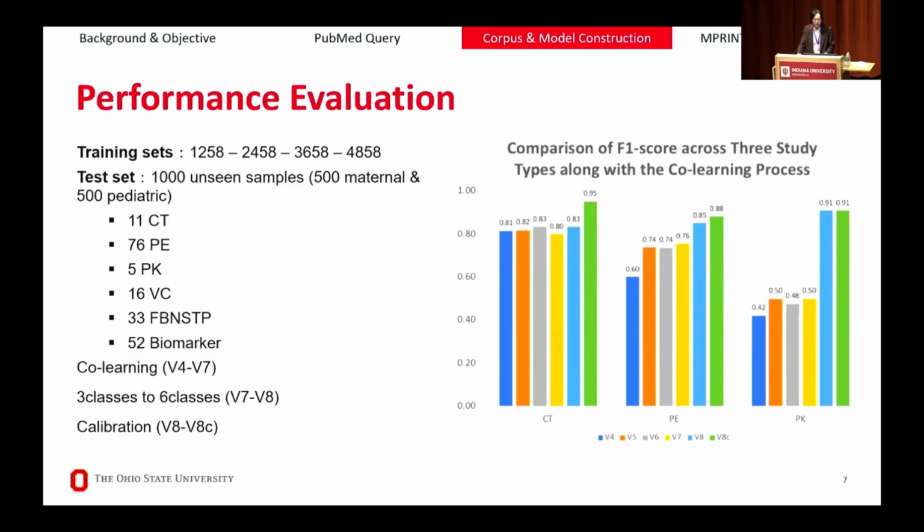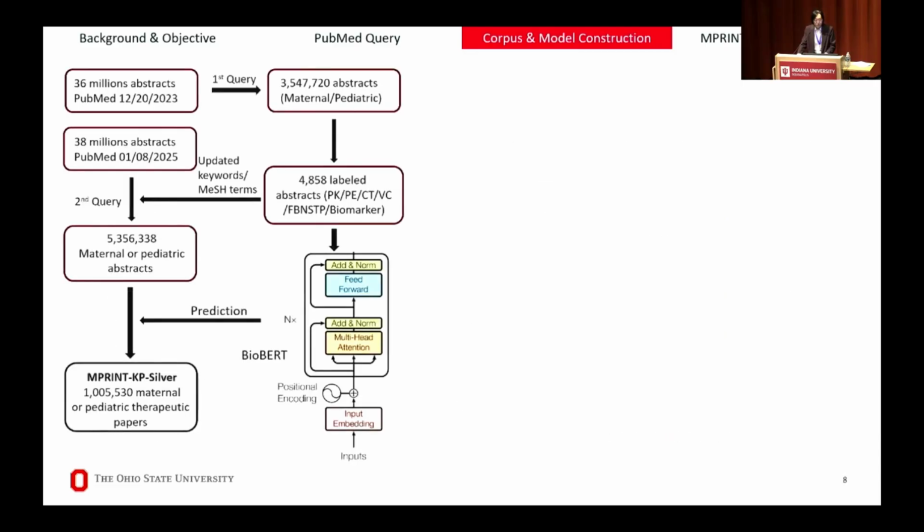PE shows a gradual upward trend within this process and finally got a 0.88 F1 score. And PK got a significant performance improvement after we switched our class strategy from 3 to 6 and finally got a 0.91 F1 score. So with the model we constructed before, we applied large-scale extraction and got about 1 million